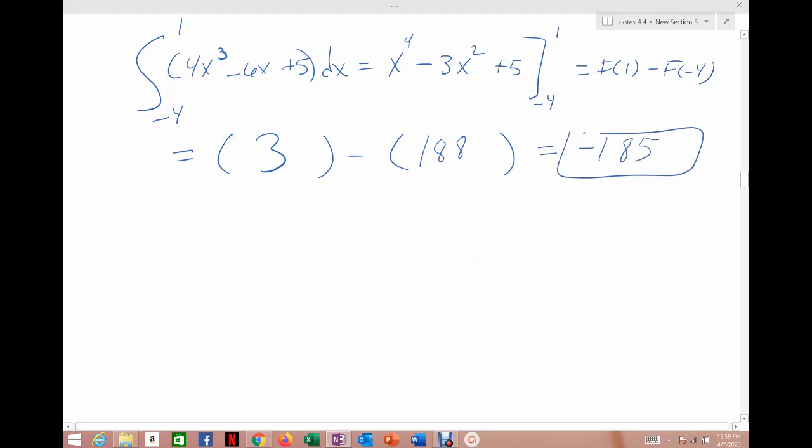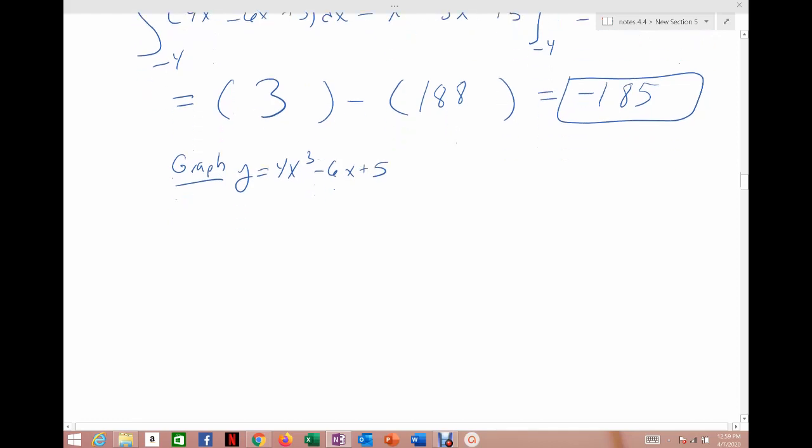And so that means this function either has all or some of its area below the x-axis, right? Because this would be where area above, area below, is the difference between the area above and the area below. So I'm going to, again, show you the graph of this function. If I graph the given function, not the antiderivative, the 4x cubed minus 6x plus 5, the shape comes out